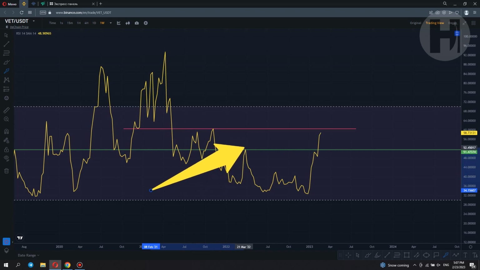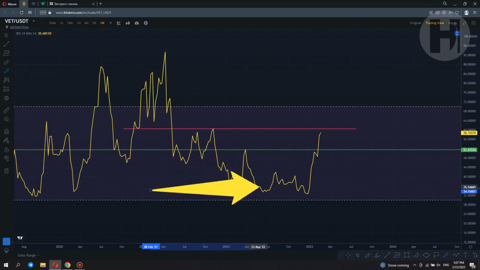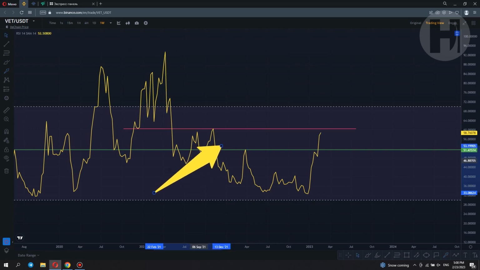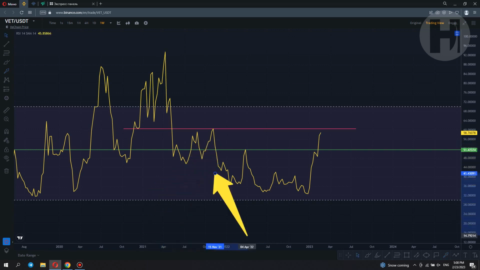We had a move to the upside in March 2022. Then we had a pullback. But all of these pullbacks are because of major bearish events, obviously, and there's always something dragging the markets down. So potentially there's going to be something that's going to crash the markets back down here. Maybe we're going to get something going on before the next year's president election in the US. So maybe something's going to happen there, and we might have a strong crash before we eventually start pumping into